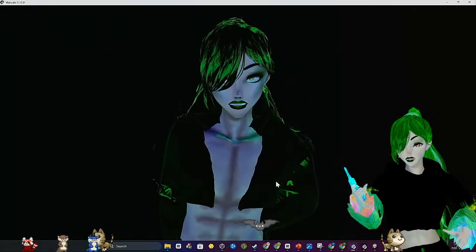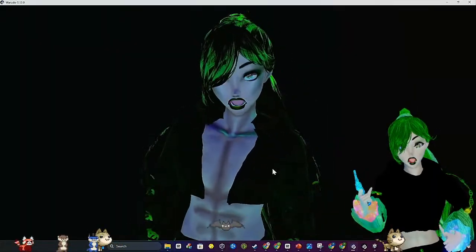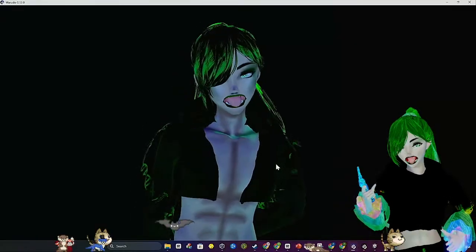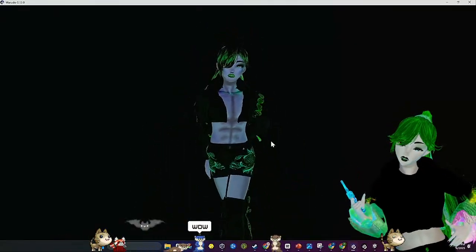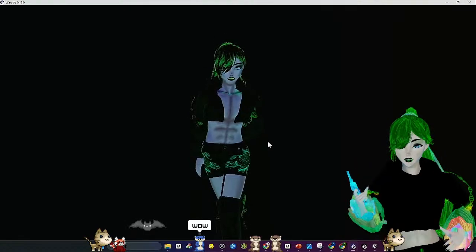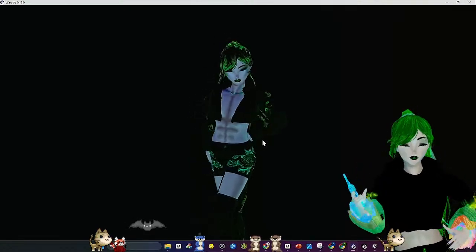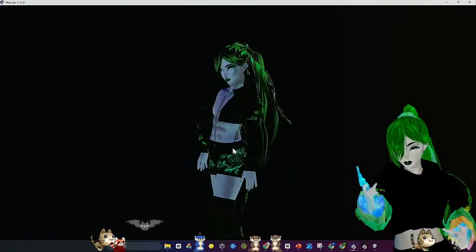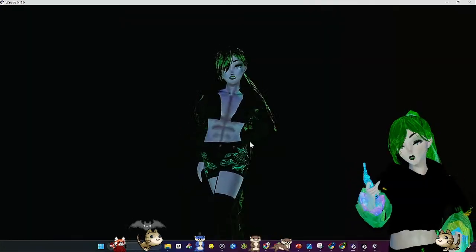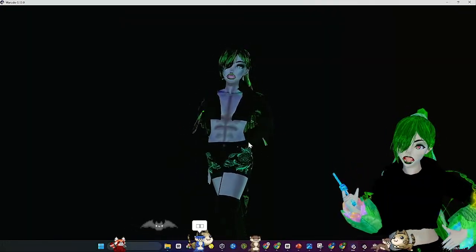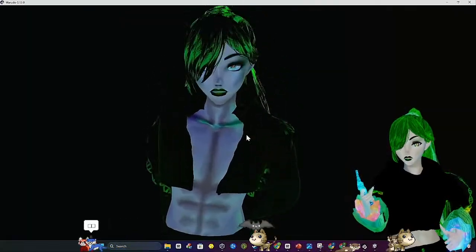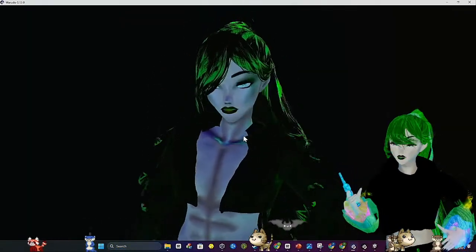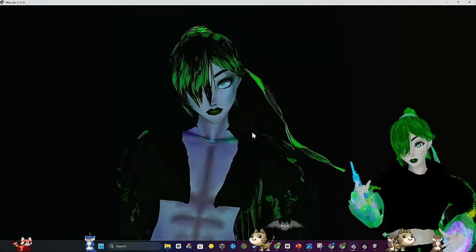There we go. Blend shapes added. We're going up, up, up, and I'm golden. We did it. So if you want to know what happened there, why it didn't add the blend shapes the first time,